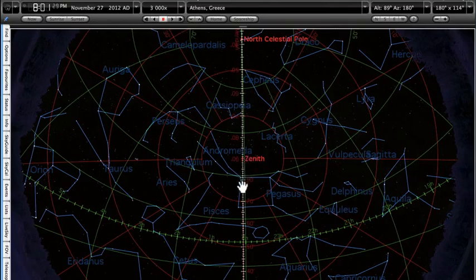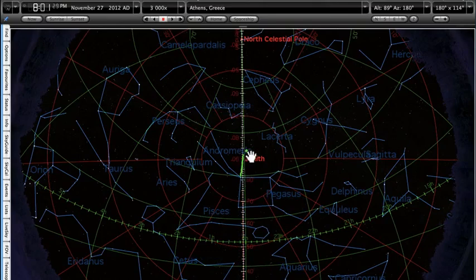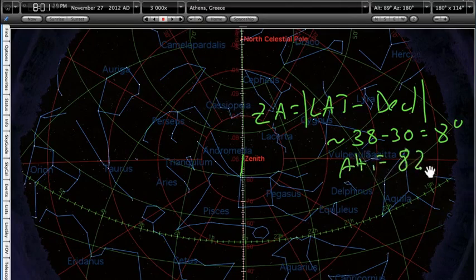This means that the zenith angle of Alpheratz, the distance between Alpheratz and our zenith at its meridian crossing, when Alpheratz is as high in the sky as it gets, is given by our latitude minus its declination, in general the absolute value of this, which in our case is about 38 minus 30, or 8 degrees. So Alpheratz will attain a minimal zenith angle of 8 degrees, or a maximal altitude of 82 degrees above the